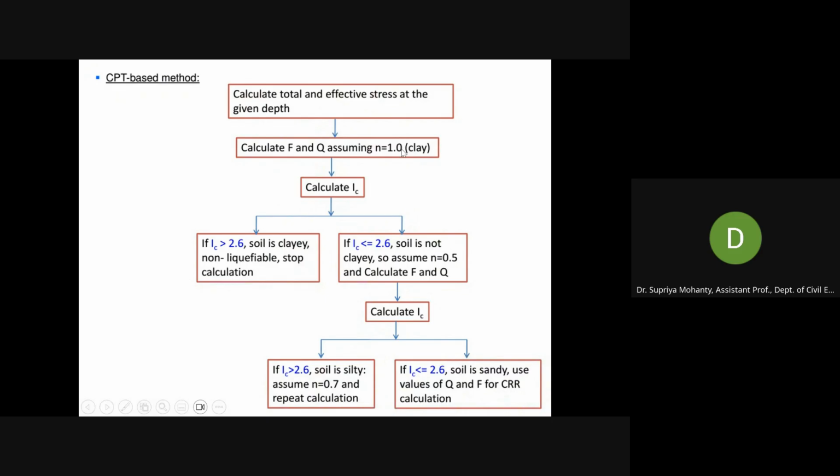Your assumption that n is equal to 1 is wrong. So you need to change the n value to 0.5. Let us assume n value 0.5, that is for sand. Again recalculate F and Q, and again the Ic value. Check with the standard limit, which is 2.6. If it is still greater than 2.6, that means the soil is not purely sand, it is silt. So you need to change the n value a little bit higher than 0.5 and less than 1. This way you need to run the loop and find the appropriate Ic value for a particular n,